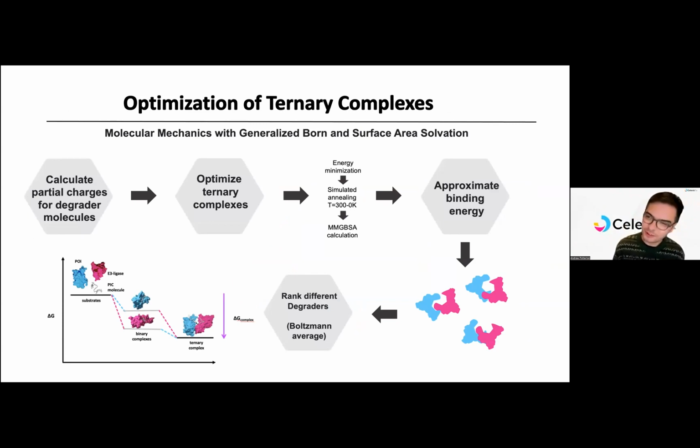Once, for successful linker insertions, we calculate energies. So there's a bit of preparation, obviously, of optimizing and calculating partial charges, energy minimization, similar to the annealing, and then finally for energy calculation, MMGBSA. And then we use those energies from all those different conformations, so a Boltzmann average of those, to rank different